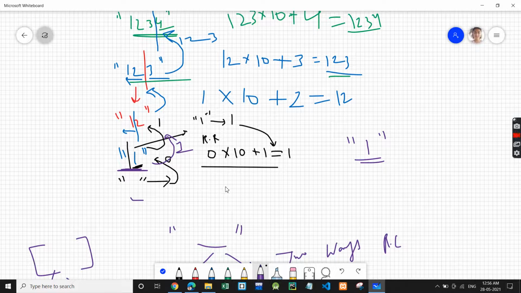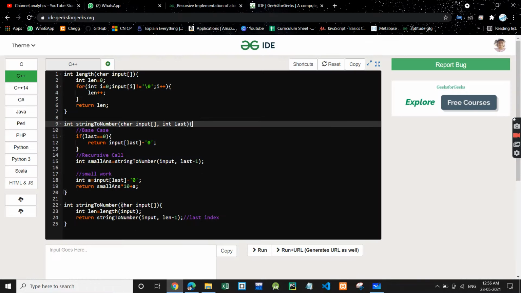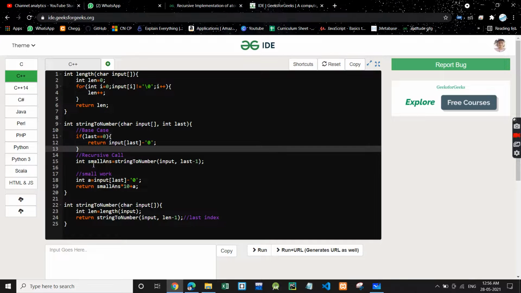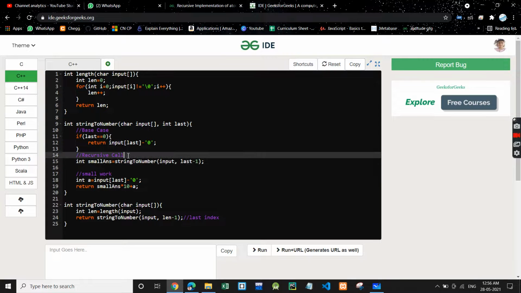You can take the base case as the null character, or you can say that when your last index is 0, meaning you are at the 0th index, there is only one element. Either way you can take the base case, and after that we do the recursive call.